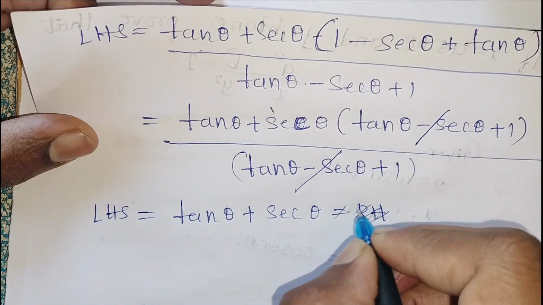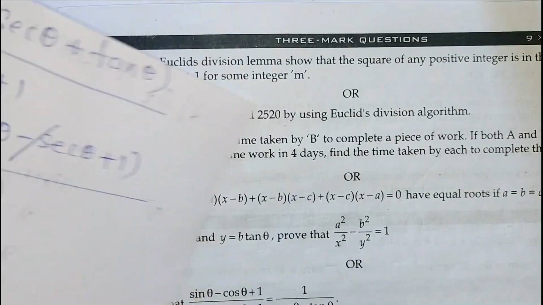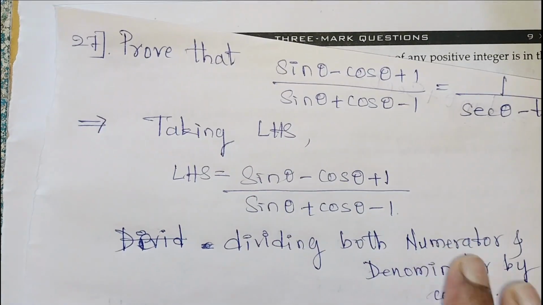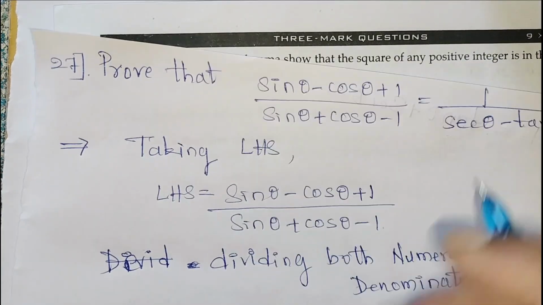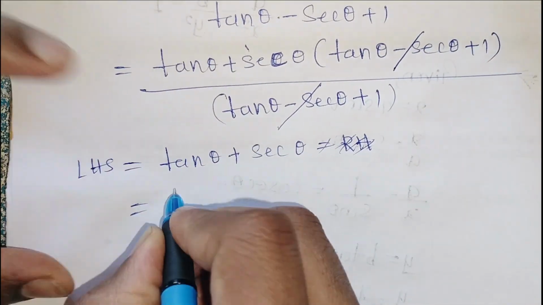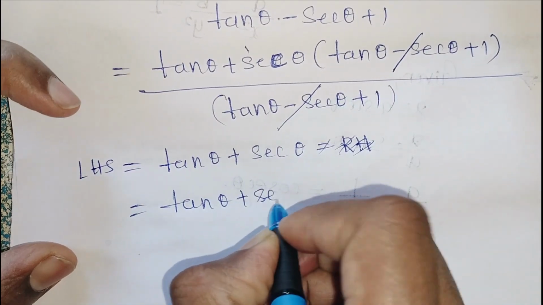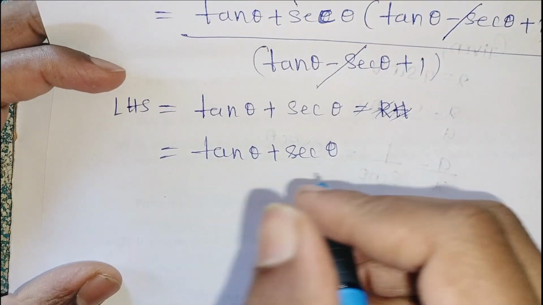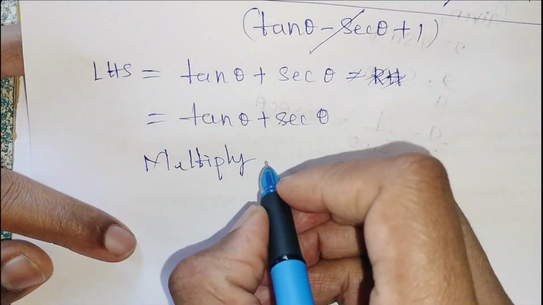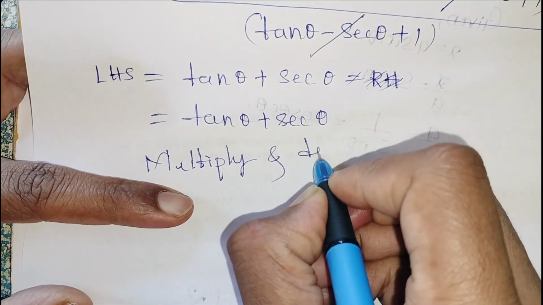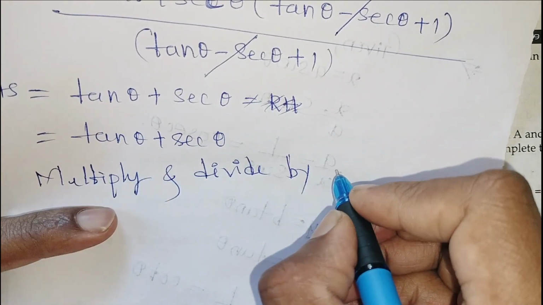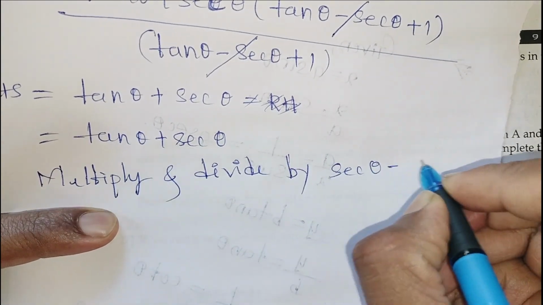Is it? No, it is not equal to RHS. We have to arrive at 1 by sec theta minus tan theta. So we have to go on solving further. That is, tan theta plus secant theta is there, multiply and divide by sec theta minus tan theta,